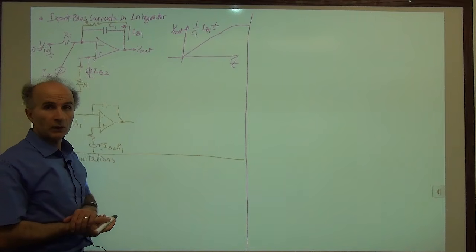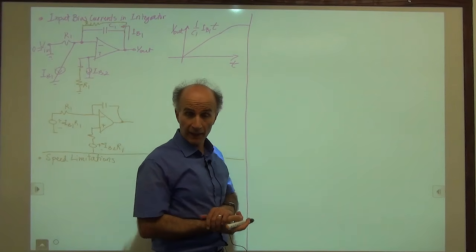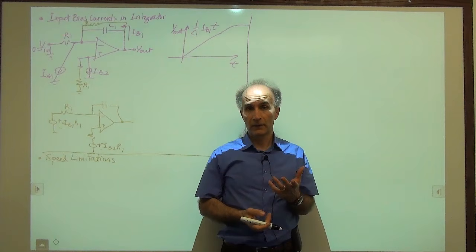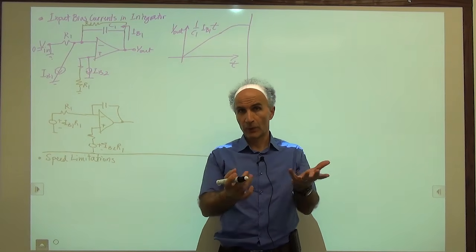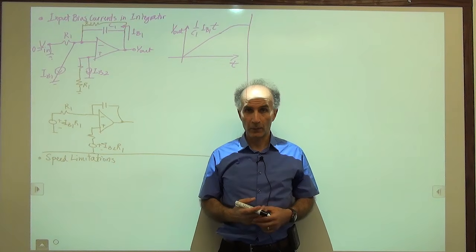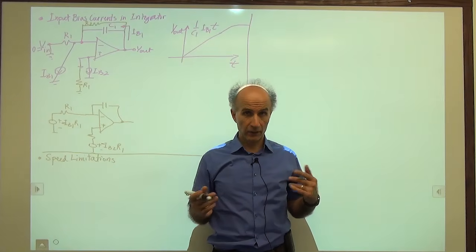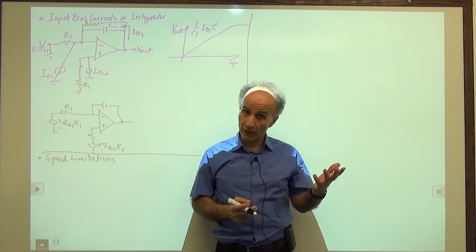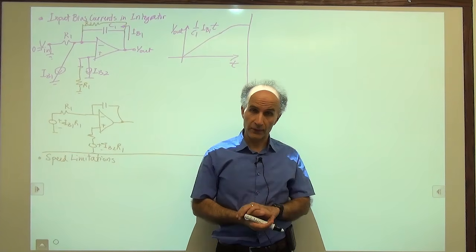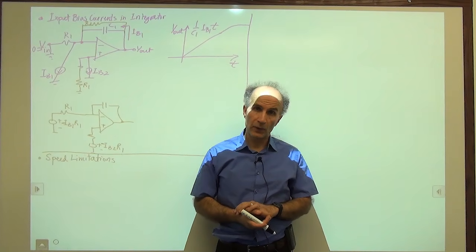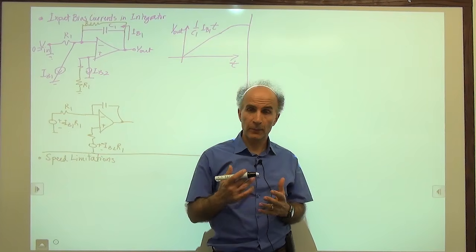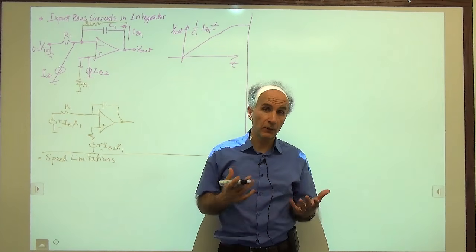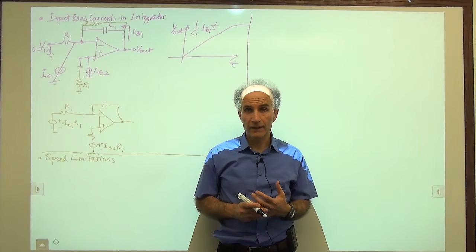Well, remember that when we looked at the 741 specifications, we saw that the 3 dB bandwidth of the op amp, when you buy it, is something like 1.5 megahertz, 2 megahertz, something in that range. But its gain is very high. It has a gain of, let's say, 100,000. So the question is, what type of speeds, what type of frequencies can I run this circuit at